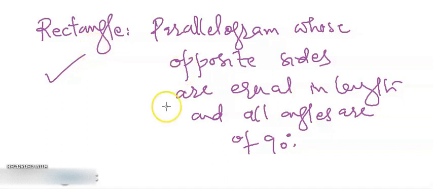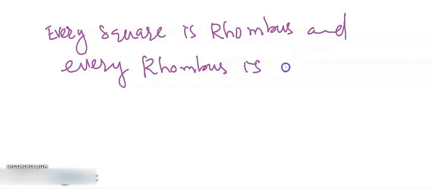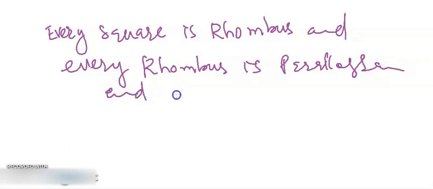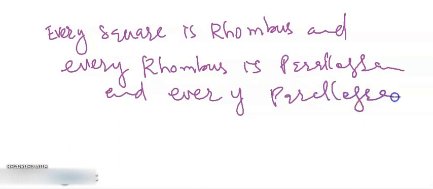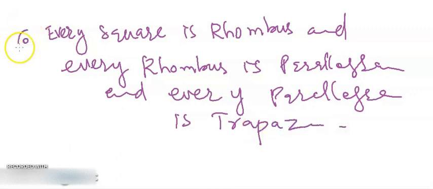Lastly, I'll comment that every square is a rhombus, and every rhombus is a parallelogram, and every parallelogram is a trapezium. So in the same way, if you say every